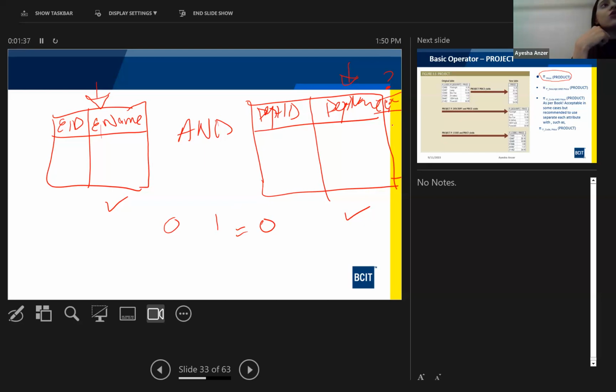Does it make sense, or should I repeat it again? Online people, should I repeat it again? One more time? Okay. So now I'm giving you two scenarios here. The first scenario, we have EID, e-name, department ID, and department name. These are two entities I have. My first query says list